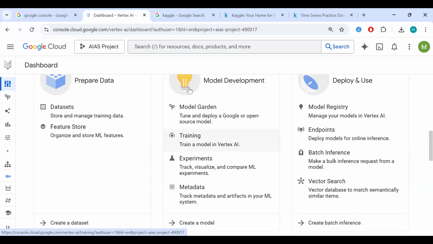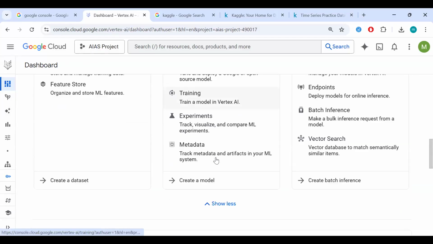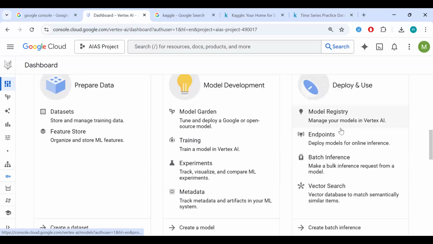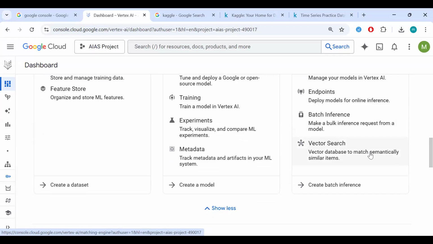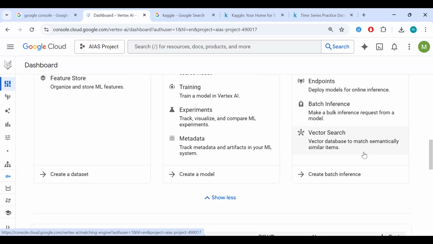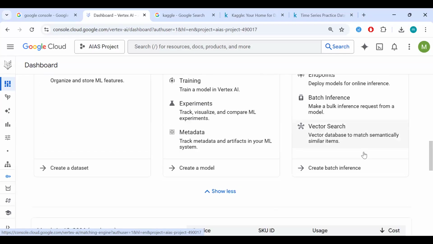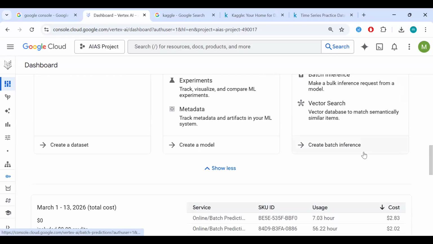We'll do RAG. This is where we'll do our RAG setup, and I'll show you how we do that. And then you can deploy them to the registry, and you can deploy them on an endpoint. When you deploy them to an endpoint, basically you can have an application make requests to this endpoint, and the endpoint will run our model, and our model will reply with the predictions based on the user's query. We can also look at vector search, and this is what I talked about with RAG and semantic search.